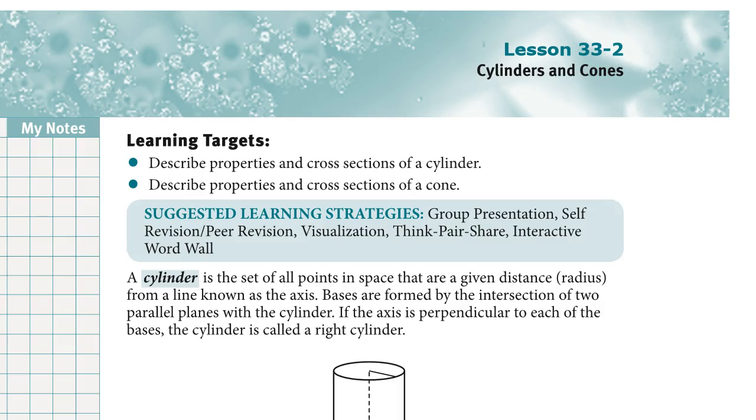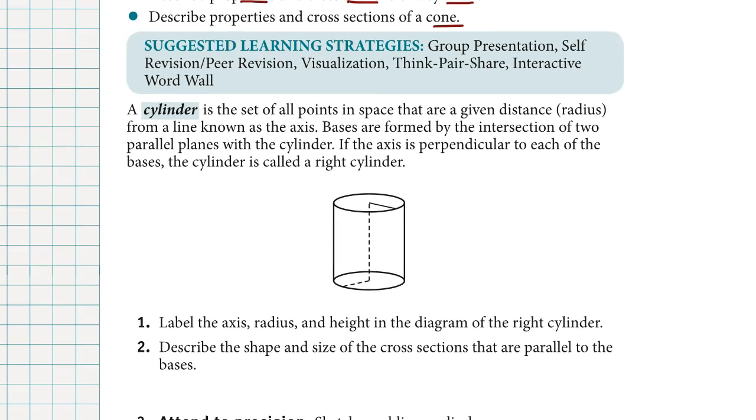This video is for lesson 33-2 about three-dimensional shapes called cylinders and cones. Learning goals are to discover the properties and cross-sections of a cylinder and the properties and cross-sections for a cone. First, let's discuss cylinder. A cylinder is the set of all points in space that are a given distance from